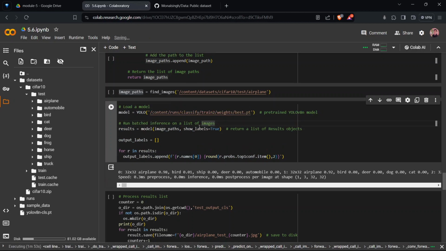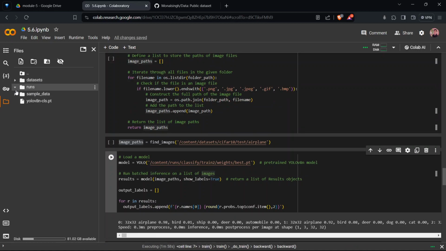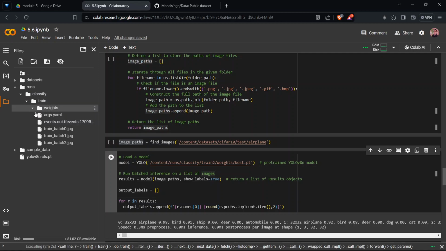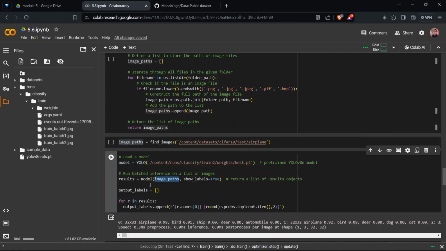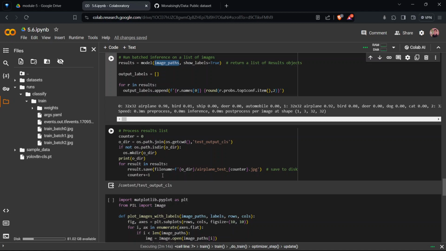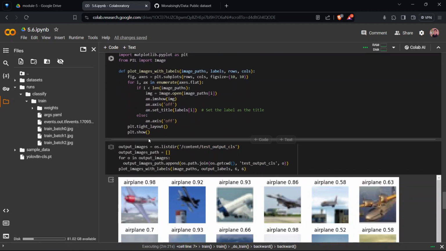I have passed the YOLO. You can see YOLO runs is there, classify is there. Inside classify I have train, and inside weights this is the best. It will have best.pt. So once you have that best.pt, once the model training is done, just pass this image path, run it, and append the output. The next thing you will run is process result list. It will save all the images. Once the images are saved,